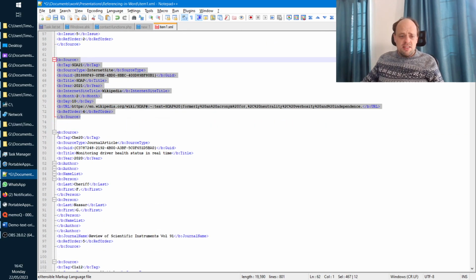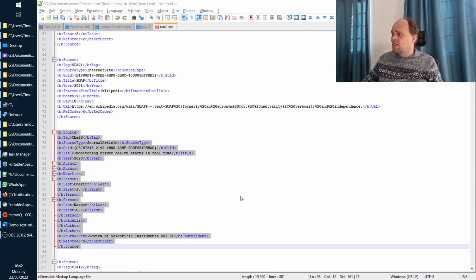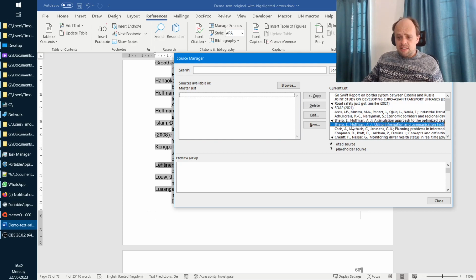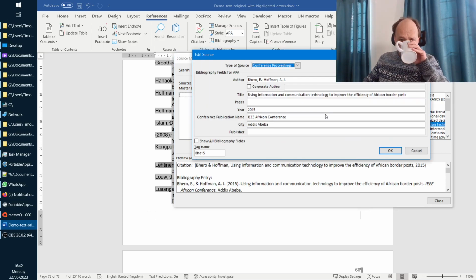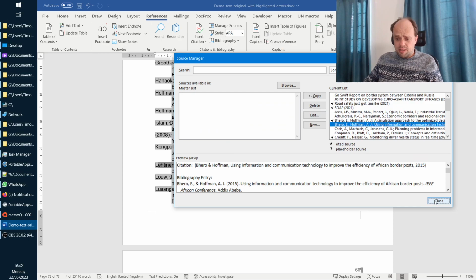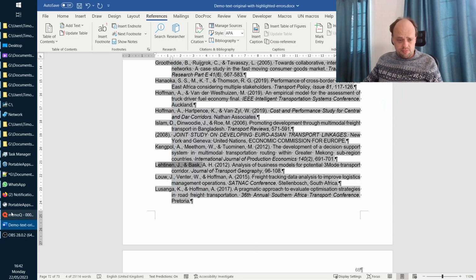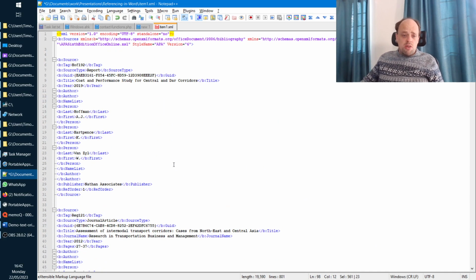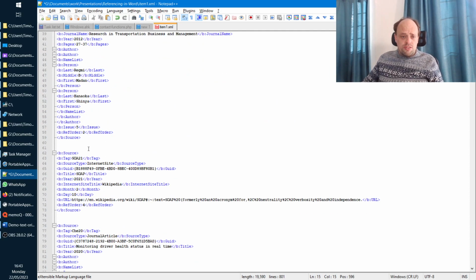Okay, so this is the same as the information that we find in Word. If we go to References and click on Manage Sources and click on Edit, each of these fields, they're not necessarily in the same order, but each of these fields is what appears on a new line in Notepad++. Okay, so now we can just go through each reference and look for where there's something that we want